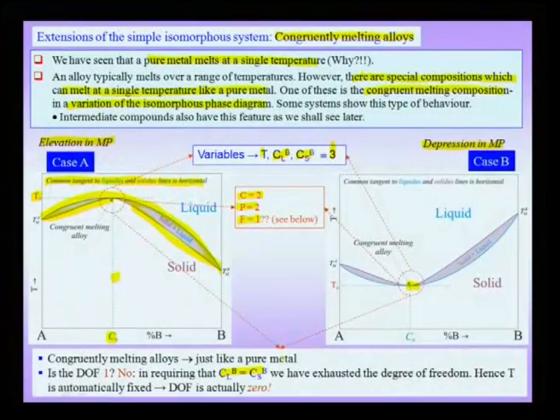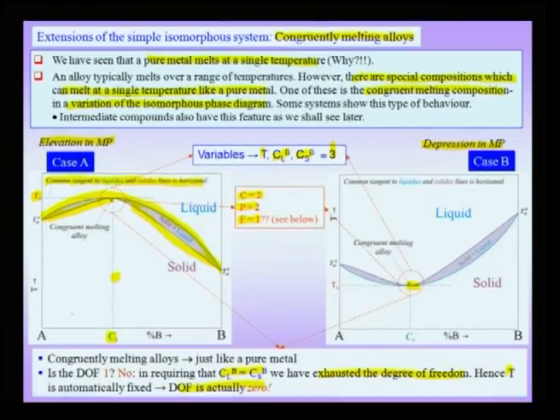So, insisting that the composition of the liquid and the composition of the solid have to be the same, we have exhausted that one degree of freedom which we had, and that implies that the temperature is automatically fixed and the degree of freedom is in effect equal to 0. So, this is an important point to note: a congruent melting alloy of composition C0 melts at a temperature T0 like a pure metal, and because at this melting point the composition of the liquid and the composition of the solid is the same, though we may use a lever rule to calculate, 1 degree